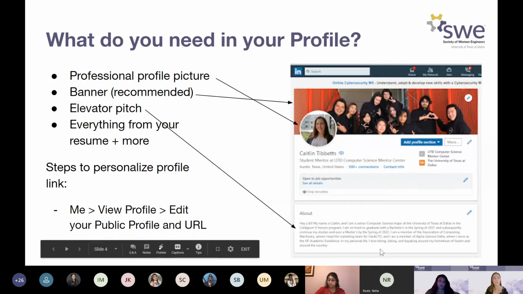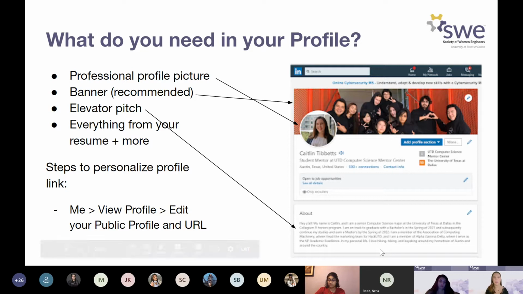And then this is completely a me thing, but I think it's a really great thing: I like to put a little bit about what I like to do outside of professional experiences. That really won't go anywhere else in my profile, but I think that it really makes me seem like a well-rounded person. These are my interests outside of computer science and outside of my professional life. So I like to put that I'm outdoorsy and things like that. It's just a quick little sentence to add a little extra bit of personality.